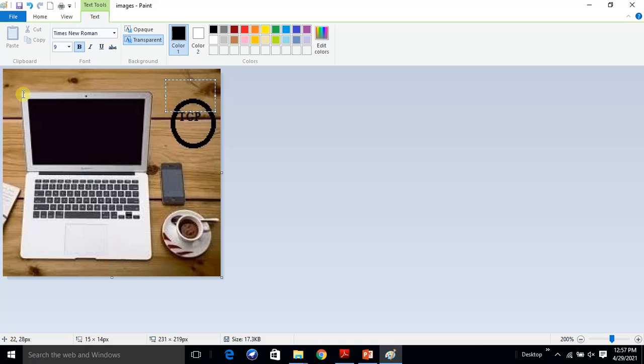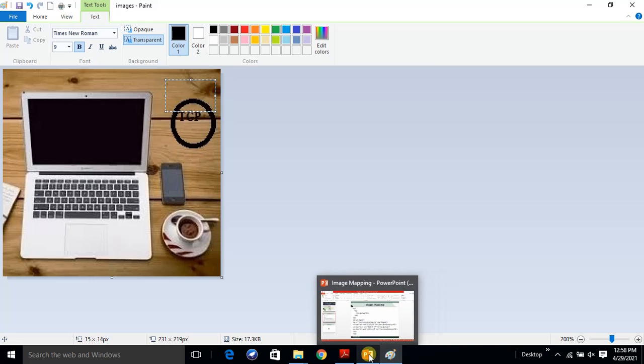Now if we calculate the coordinates of this particular rectangle, we click on this particular area, and you find the x and y values 23 and 28. Here you can observe the values; the x value is 23, 27. Now the second values, x plus width and y plus height, are 157, 200. That value we have written in the PPT, in the program.